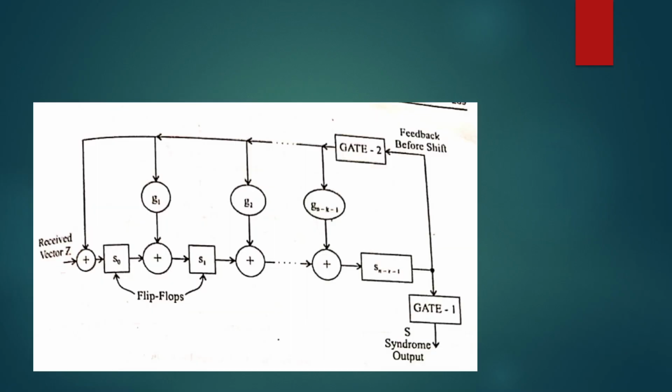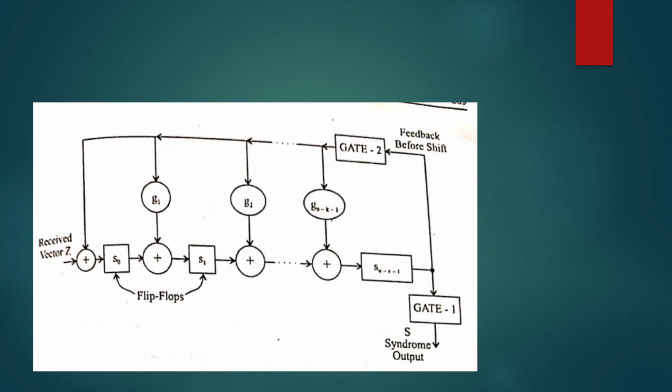In the previous type of block codes, we used to calculate the syndrome by evaluating what is known as S is equal to R into H transpose. There the parity check matrix would help us in obtaining the syndrome with respect to the received vector. Similarly, here also we are going to take the reference of the parity, but it is in the form of a generator polynomial itself.